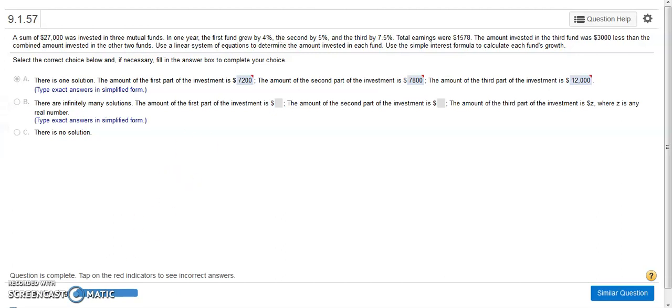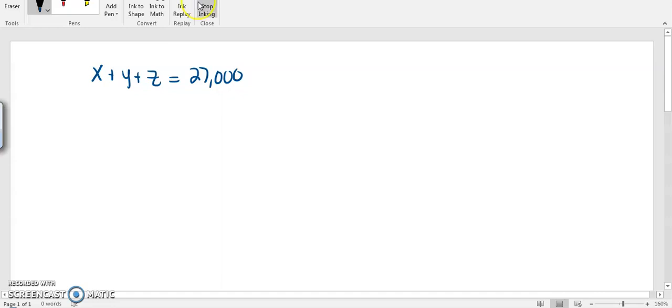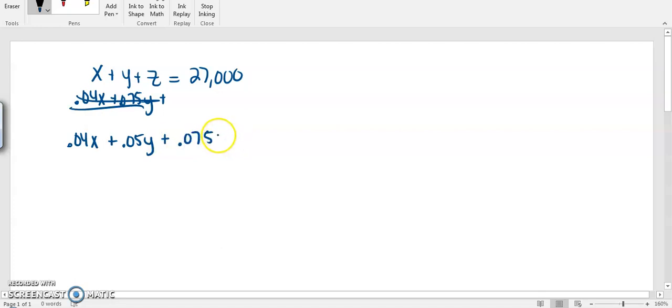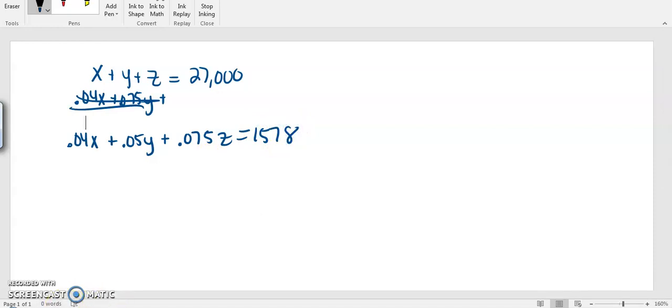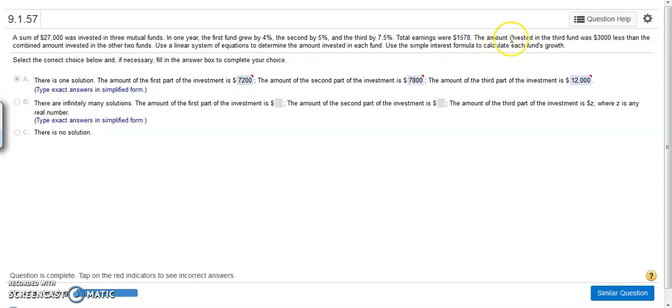Total earnings were $1,578. So the first 4%, that gives you 0.04x, that's 4%, plus 0.05y, that's 5%, plus 0.075z, that's 7.5%, equals your total earnings, $1,578. Then it says the amount invested in the third fund, so that's z, was $3,000 less